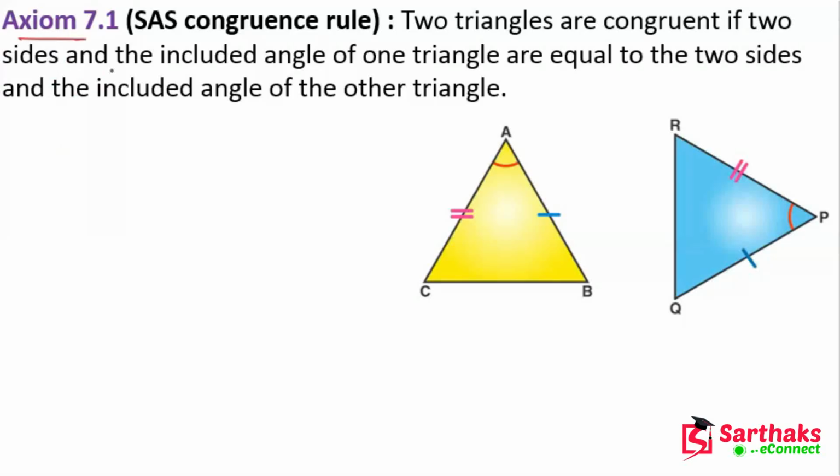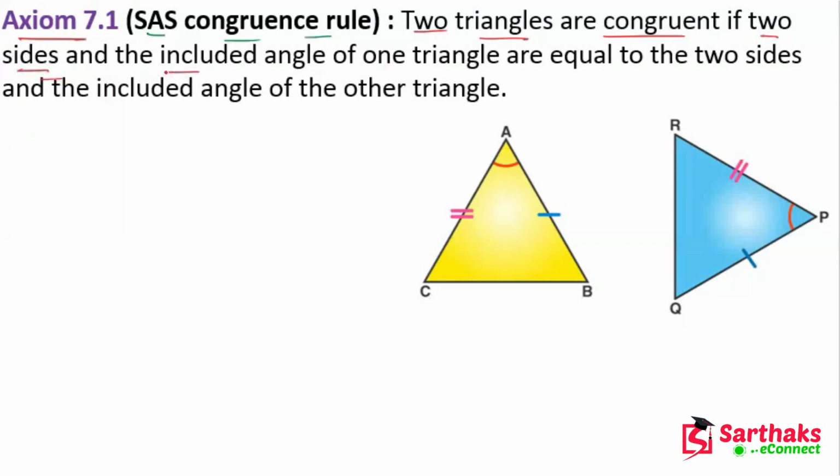Axiom 7.1 is the side angle side congruence rule. This axiom states that two triangles are congruent if two sides